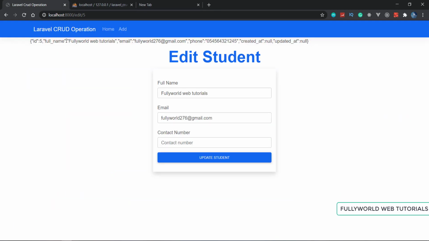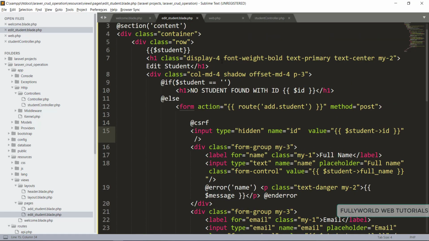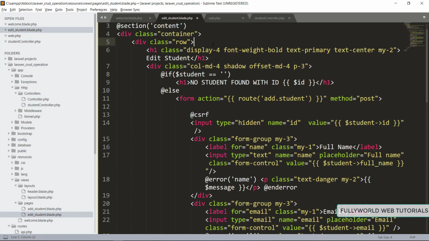Now I'm going to remove this, so let's remove this student. Now we have to update our student here. So we will create the update route and the update member function of our controller, and there first of all we will validate our data, and after that we will update our data here.